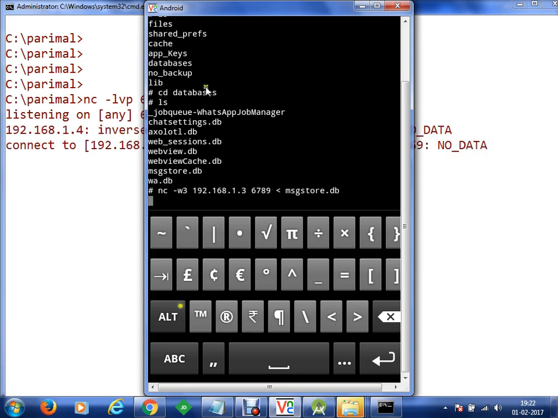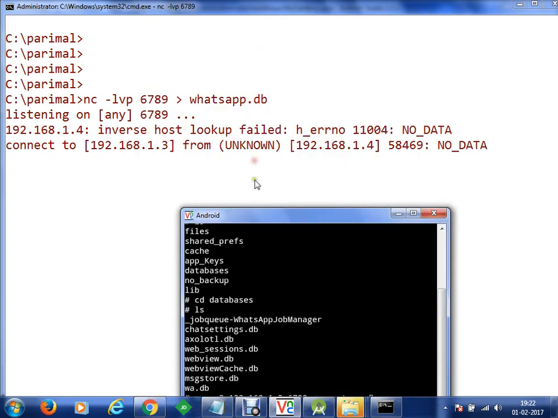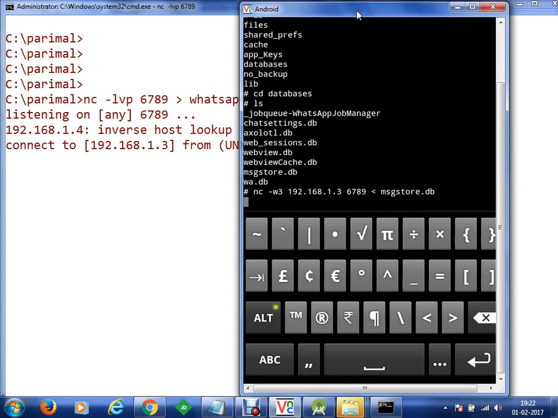As soon as the data is transferred, the connection will automatically be closed and we'll get the databases here. Once we get the database, we'll see how WhatsApp has arranged their tables and what all elements we have. You can export your contacts, you can export the database of any application. So all this can be done. It's like a security issue. You are accessing the database of some other applications. In case you want to modify the score of some games, you can do that. So a lot of things can be done.